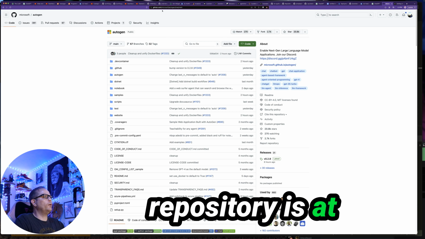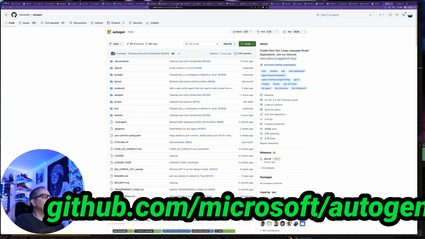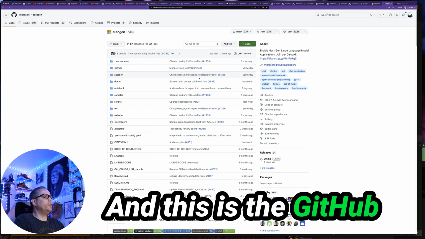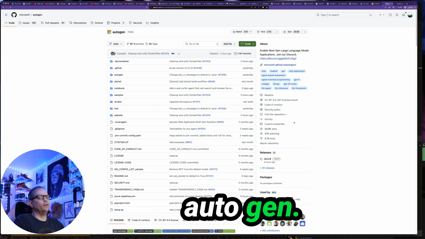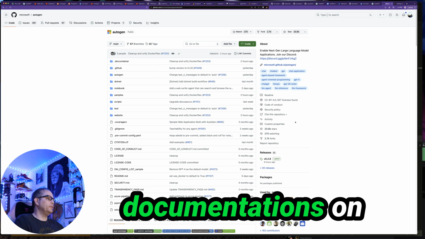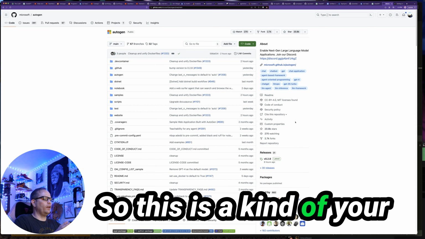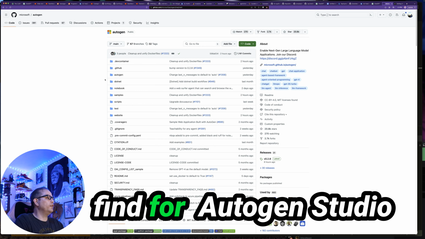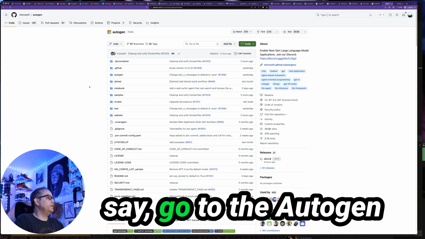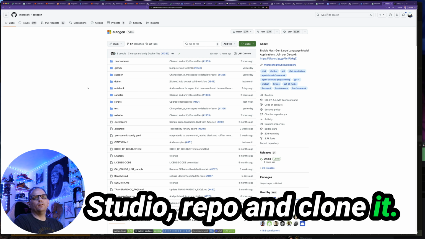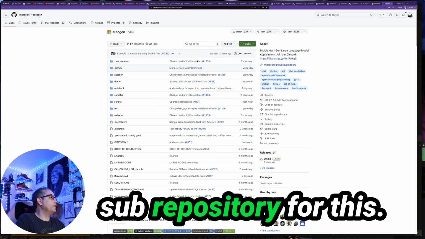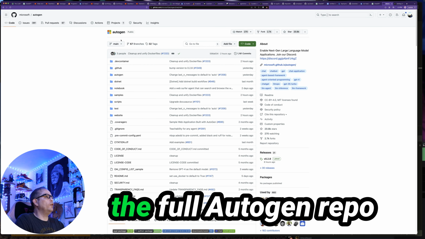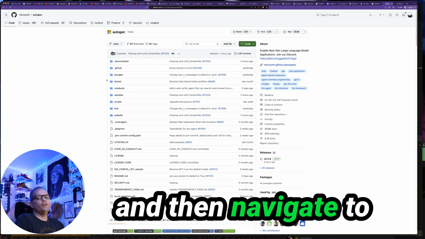The GitHub repository is at github.com/Microsoft/AutoGen, and this is the GitHub repository for everything AutoGen. The entire website's on here, all the documentation's on here, so this is your typical big mono repo where there's a lot of different projects in one common repository. And one thing that's interesting is that the instructions that you'll find for AutoGen Studio say go to the AutoGen Studio repo and clone it. There isn't a dedicated sub-repository for this, so we'll clone down the full AutoGen repo